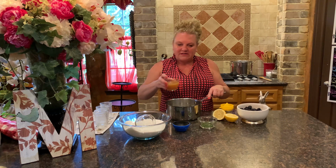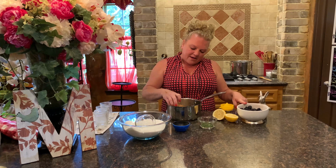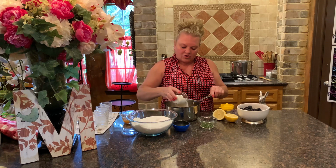The first thing that you're going to want to do is take about a half a cup. This is a full cup, but because I only have a little bit of blackberries, I'm going to do a half a cup of the apple cider vinegar, and I want to take 3 cups of sugar,